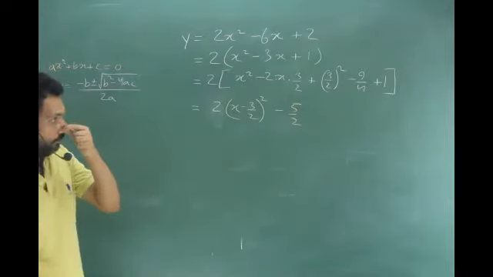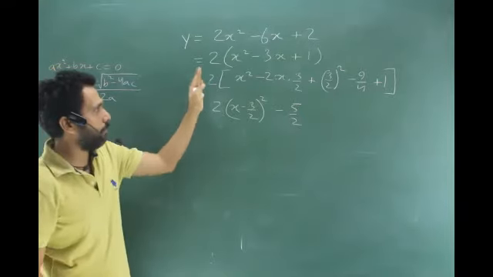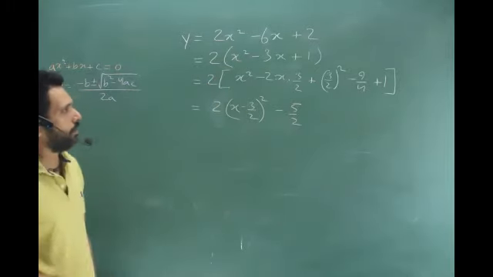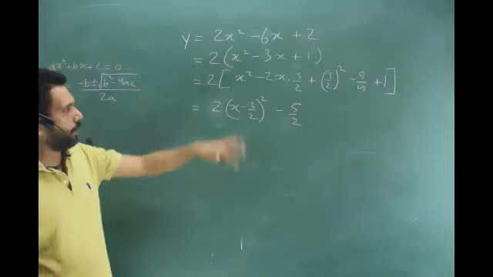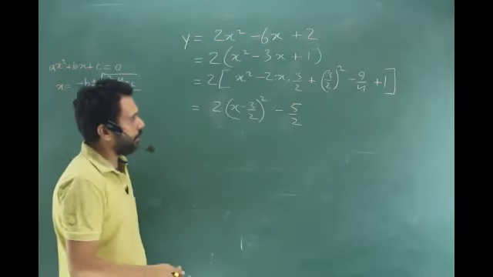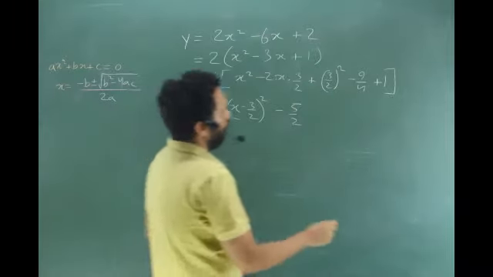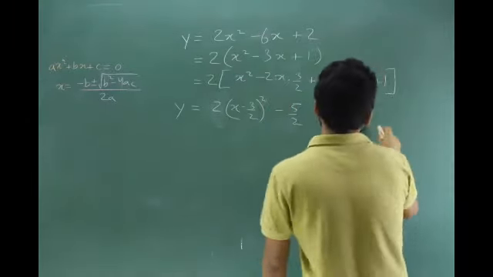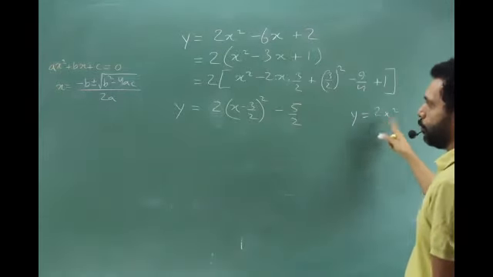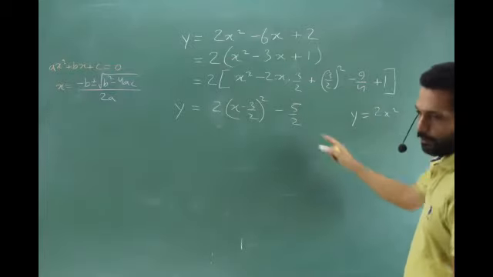This, right? Yes, sir. We first bracketed it up so that we could do this last question's process and then open up the bracket. So what is the major thing? What are the steps of doing it? If you know y is equal to 2x square, then the x has been shifted by 3 by 2 forward, right? Yes, sir. And then the graph is dropped by 5 by 2, right?